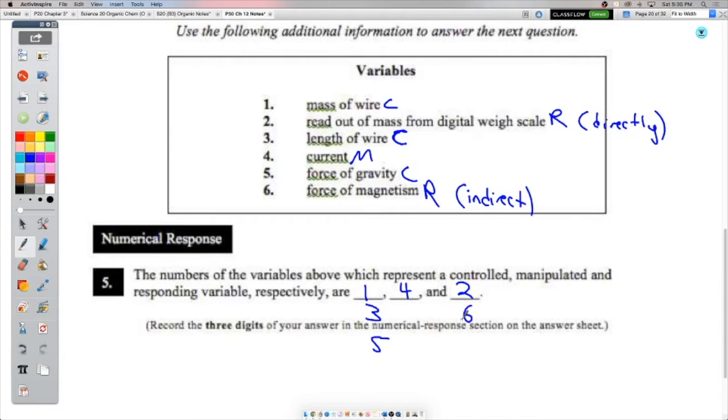However, that might be measured directly or indirectly, right? So for example, in this one, we directly get the response as the readout of the mass on the digital scale. But what are we really interested in based on that is the force of magnetism that would imply, right? It's like saying, okay, we want to see our response in the rate of photosynthesis. How are you going to do that? Well, you're going to measure the amount of oxygen produced by a plant. Okay, so directly you're measuring the amount of oxygen, and then you're using that to really measure the rate of